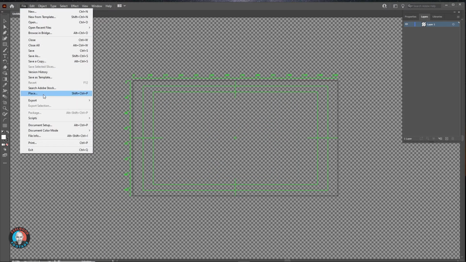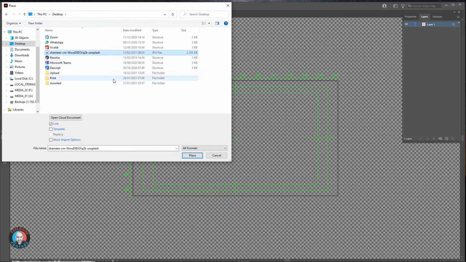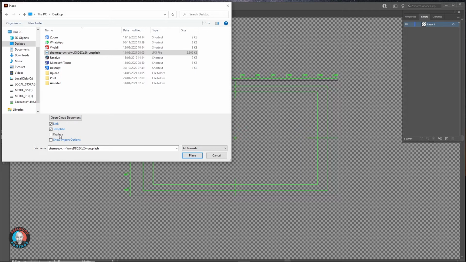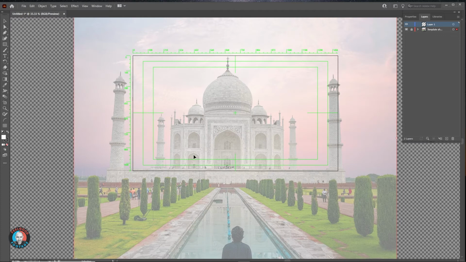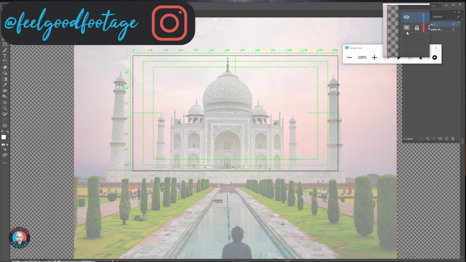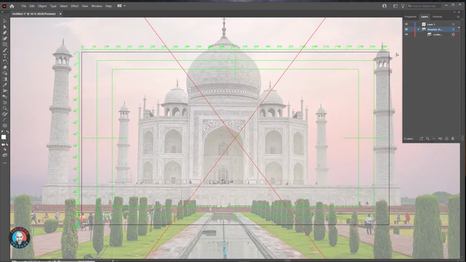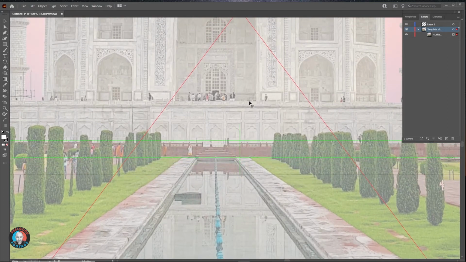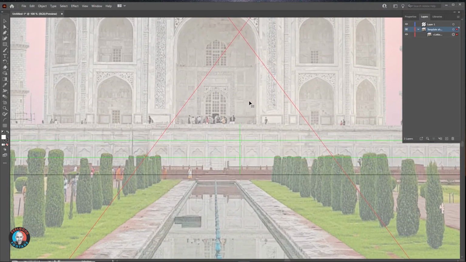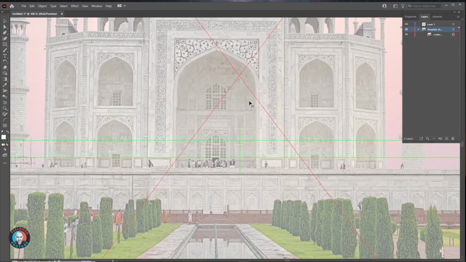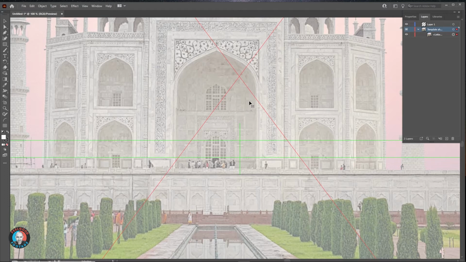Next, I'll place the Taj Mahal photo I downloaded into my artboard, bringing it in as a template, which will lock the layer and automatically reduce its opacity. As you can see immediately, it's a very high quality image dwarfing the artboard, but that's fine. I can scale down my drawing later. And because it is very high quality, it has lots of details I can use for inspiration if I colour and add texture to my drawing at a future point. But for today, we'll just concentrate on shapes and outlines.